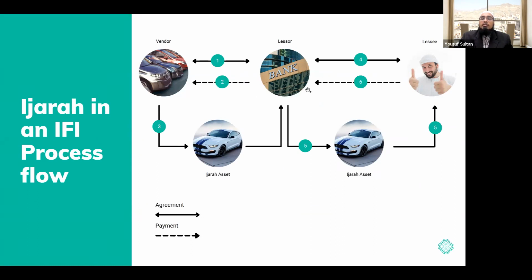Now, in the case of a bank, usually it's not an operating lease. Usually it's a financial lease. In the case of a financial lease, the end objective is to make the lessee the ultimate owner. So the bank will compute installments and a period of contract based on which it can make the profit. So if it wants to make a profit of 10%, for example, then it's $3,000. So it will try to make $33,000, including all the installments and the period of contract, whether it's 3 years, 5 years, or whatever.